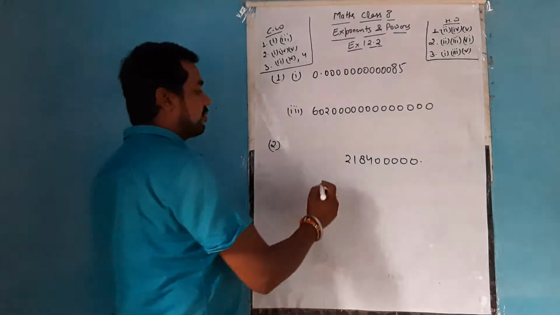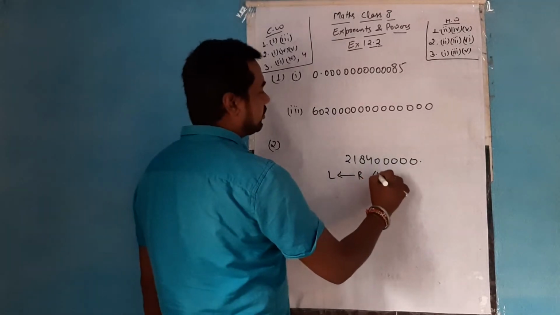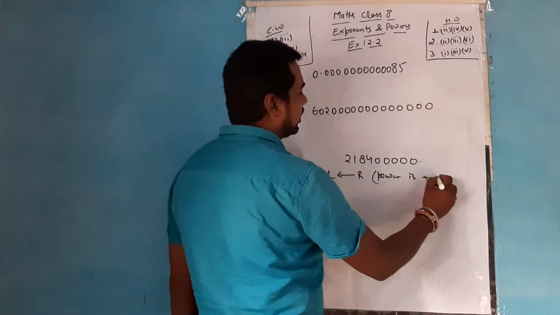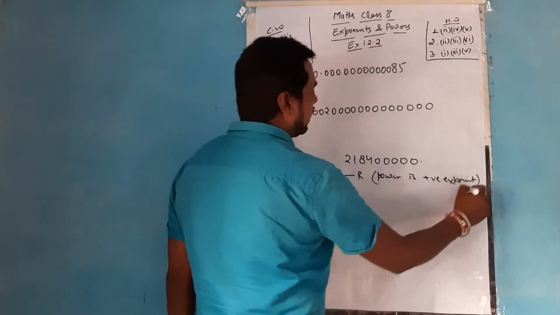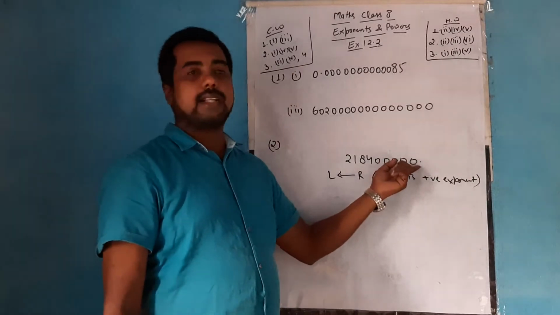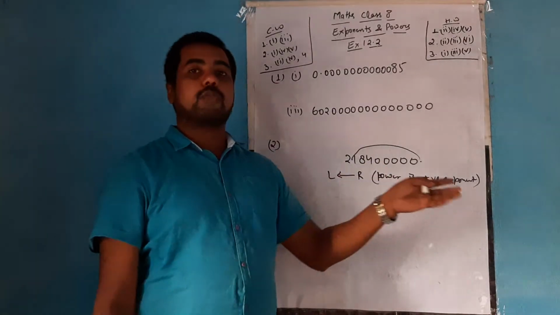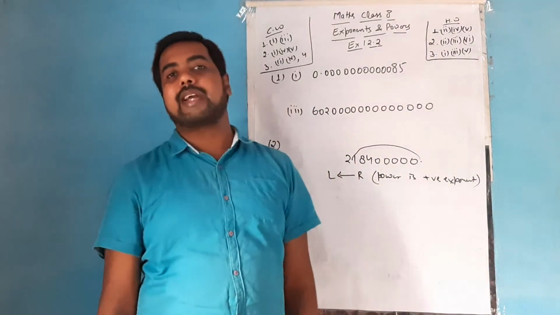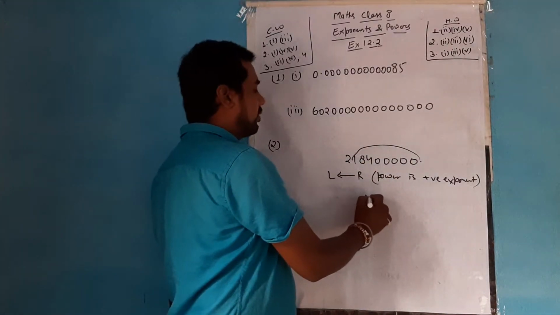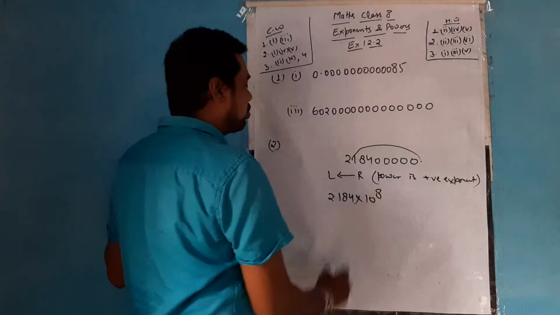So I have told you in the last video that when you are shifting the decimal from right to left, then the powers are positive. It means whatever 10 power number you are writing, you will write as a positive exponent. So here the decimal is at the last place, and from here it has to be shifted just after the first digit. The number of places you are shifting, that only you are going to write in the form of power of 10. So 5 zeros and 3 digits, total 8 places you are shifting, that becomes 10 to the power 8. And then you have to show the number as 2.184.